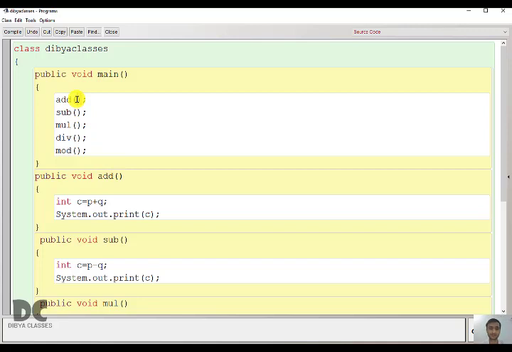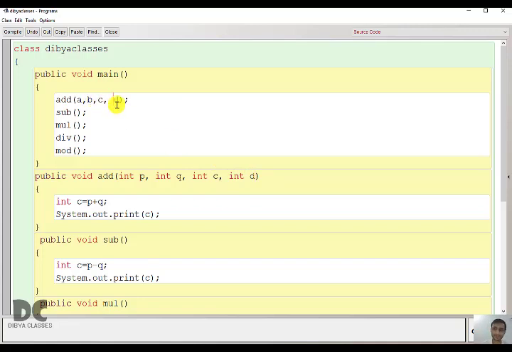What should match? For example, I am just giving an example. You are giving A and B, so here you have to write two variables. If you are giving three variables, you have to write three variables. If you have four variables, you have to write four variables. And remember, the data type should also match.